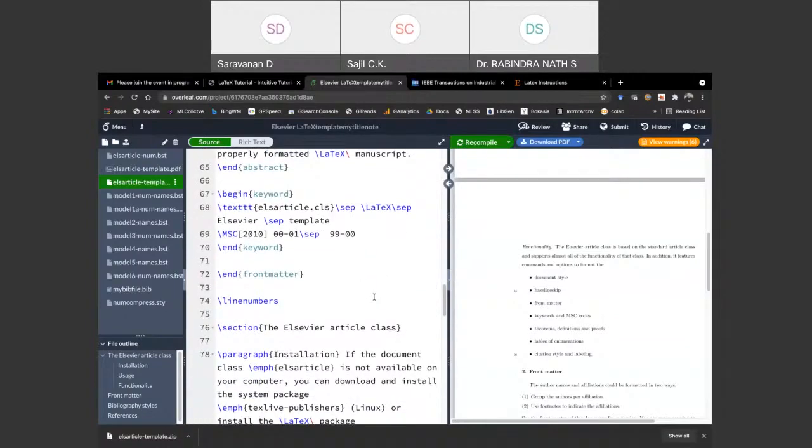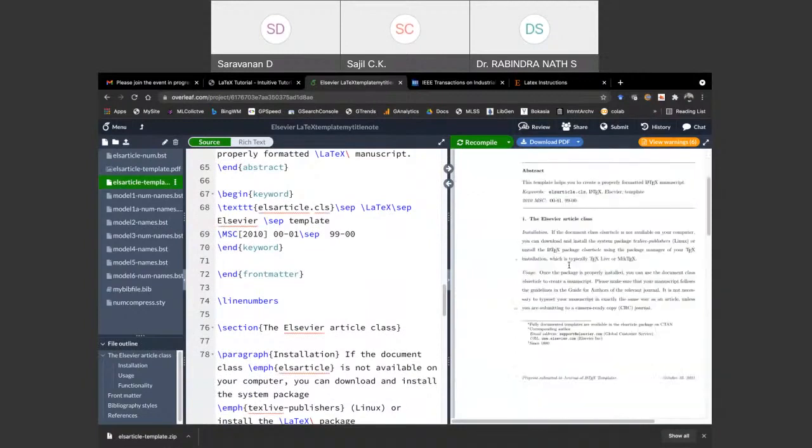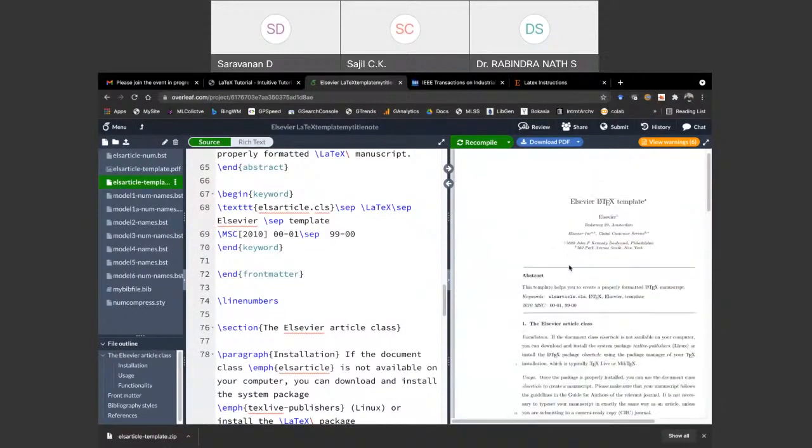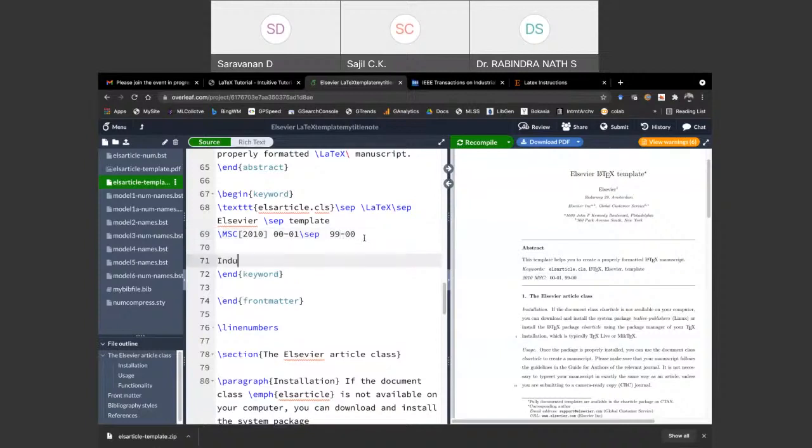See, this is the place for inserting keywords: begin keyword and end keyword. Suppose you want to add something else, you can give it.